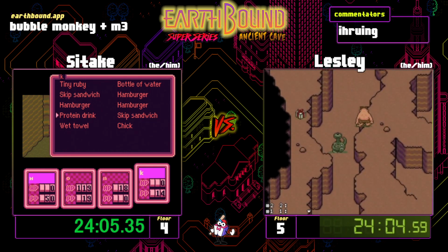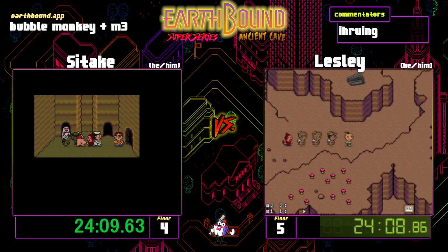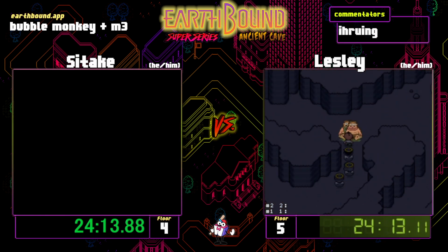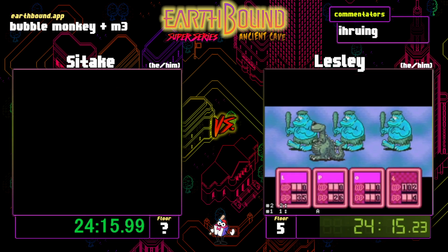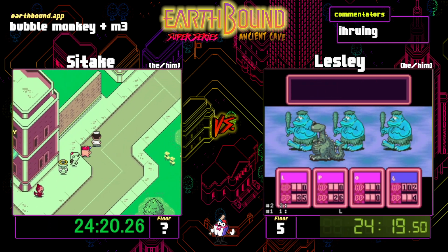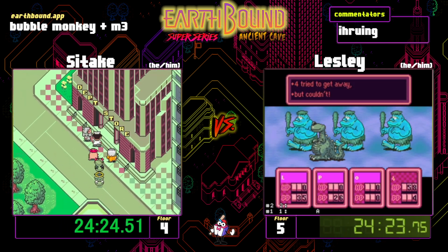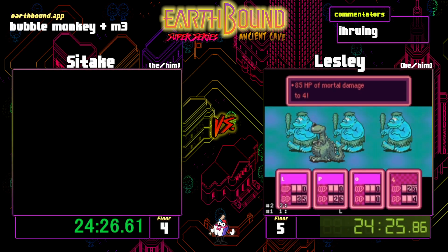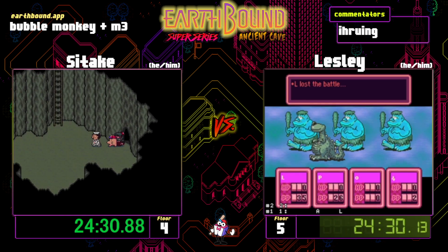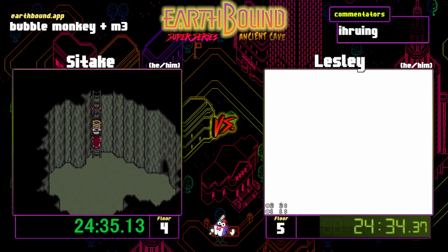Another skip, and Sitake has the wet towel. There must have been a ton of stuff in Scaraba, because he had a lot of the Monkey Cave items in his inventory. And Sitake is seeing that is not the way he wants to go. Must have been a lower floor or something, judging by the music. Or, I'm assuming. That's unfortunate if it goes back to 1. Always possible, but...